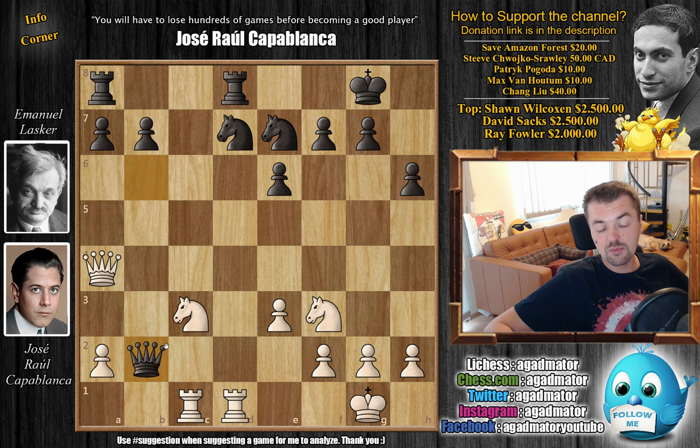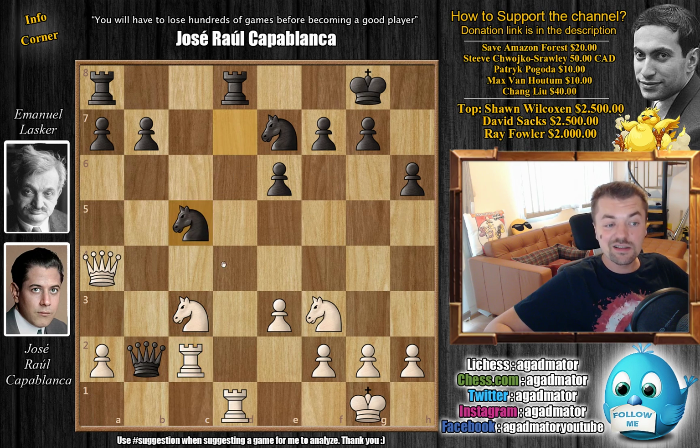For example, queen captures on b2. And now you cannot capture because you lose the rook on c1. Queen captures on c1, and you cannot play rook b1 because you lose the knight on c3. Now, lastly, you could play rook to c2, attacking the queen, but then knight to c5, and black is just better. Now Capablanca's queen is also under attack, and here you don't really have anything much better than captures,